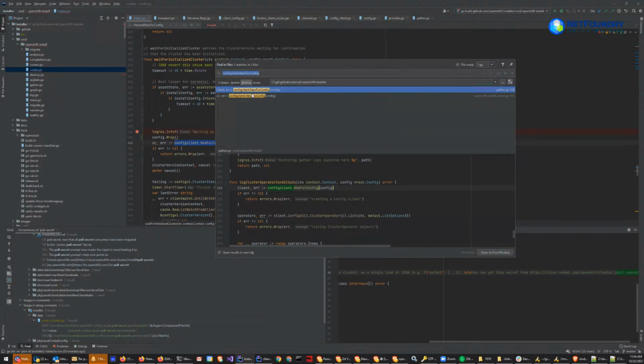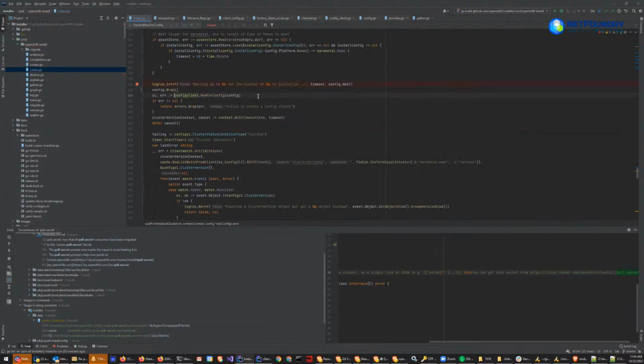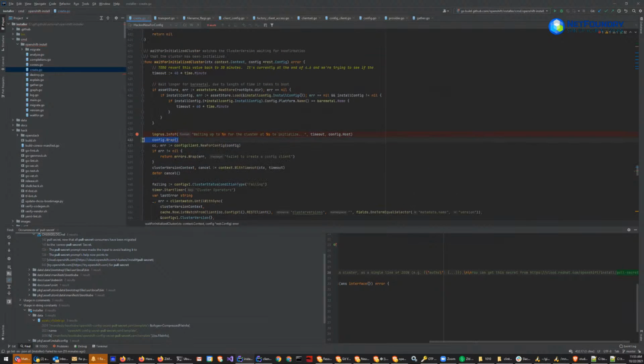Okay, so it looks like there may only be two places that actually create a Kubernetes API client, in this gather.go and this create.go, which makes sense. And we are sitting here in create.go, and wait for is a function inside of that. Okay, so I wanted to find every place new for config is created, because this thing actually